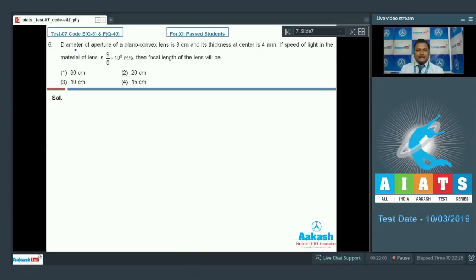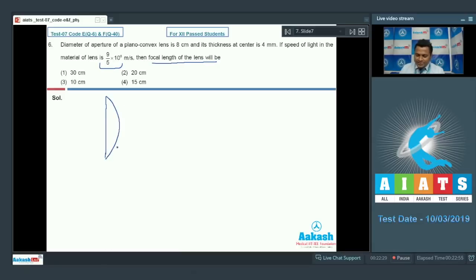Here is question number 6. Diameter of aperture of plano-convex lens is 8 cm and its thickness at center is 4 mm. If the speed of light in the material of lens is 9 by 5 into 10 to the power 8 meter per second, then what will be the focal length of lens? So as here it is already given, the lens is